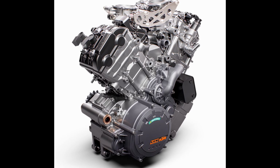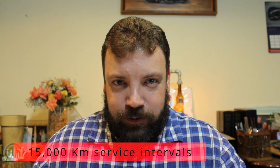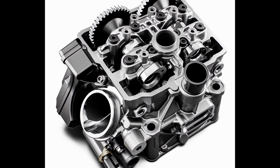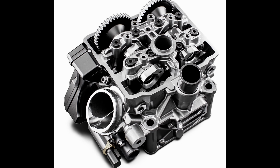pushes out 118 kW at 9,000 revs per minute and 138 Nm of torque at 6,500 revs per minute. The 1290 engine will require service every 15,000 km. Mated to the engine is a 6-speed transmission with a hydraulically actuated slipper clutch. Many of the engine parts have DLC, or diamond-like carbon coating, which is a durable coating and improves performance of the engine. The 1290 engine is fitted with lightweight forged pistons, which improves the high loading capacity of the